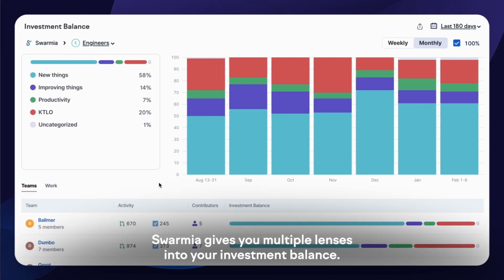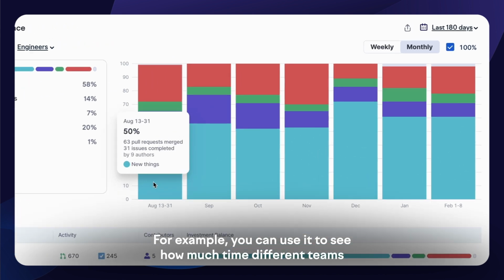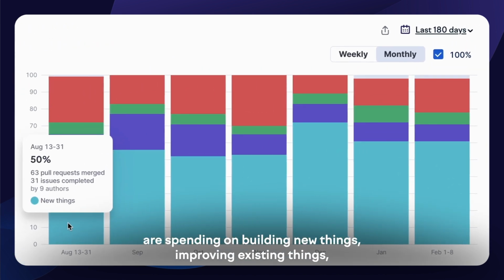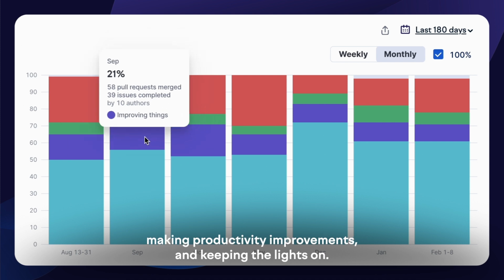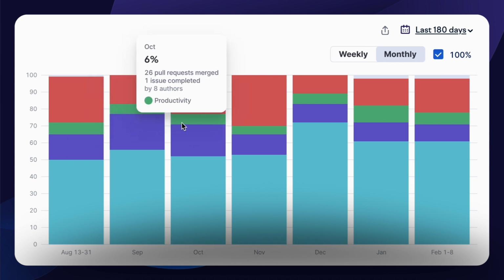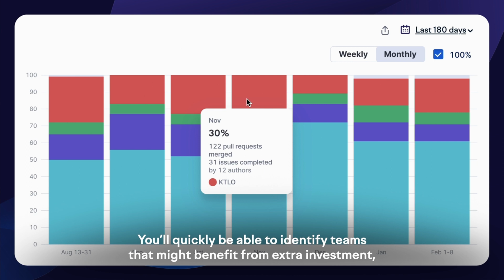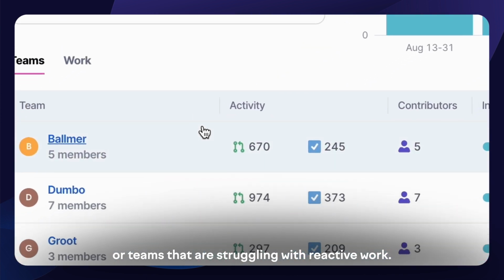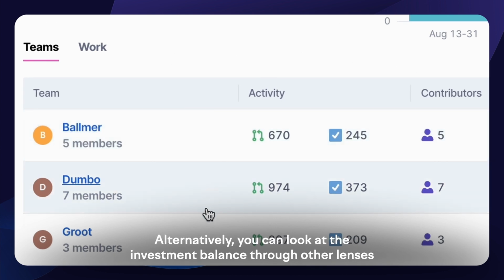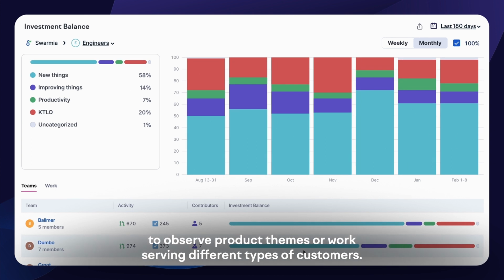Swarmia gives you multiple lenses into your investment balance. For example, you can use it to see how much time different teams are spending on building new things, improving existing things, making productivity improvements, and keeping the lights on. You'll quickly be able to identify teams that might benefit from extra investment, or teams that are struggling with reactive work. Alternatively, you can look at investment balance through other lenses to observe product themes or work serving different types